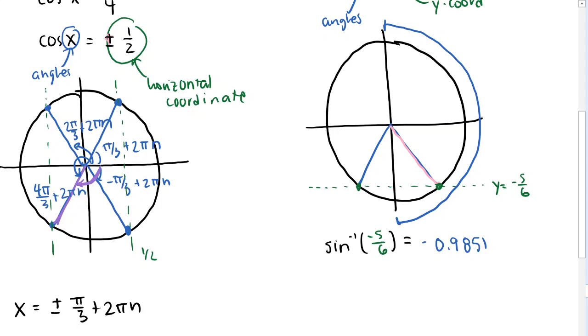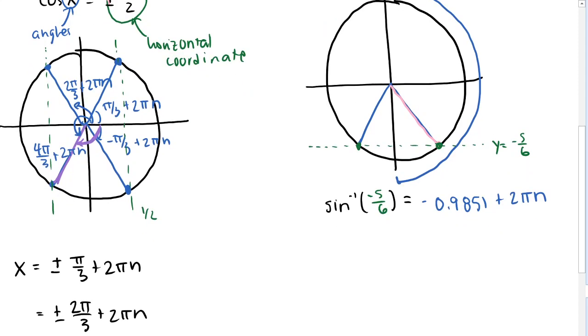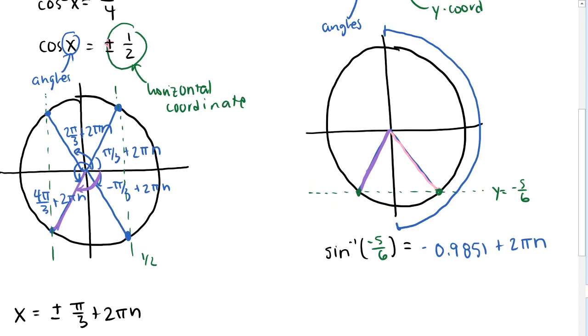But of course, we want all solutions, and so let's include the coterminal angles by adding plus 2 pi n. Now, what about these solutions here on the left? What about angles that come out to this position here? Well, here there's some symmetry involved with this unit circle. Right, so maybe I'll give a quick example. If I have an angle of theta here,